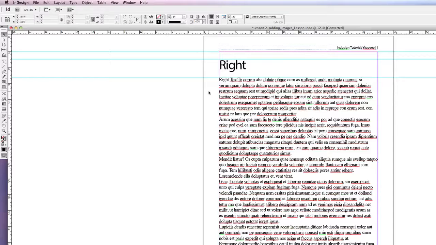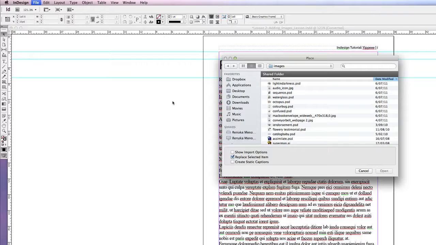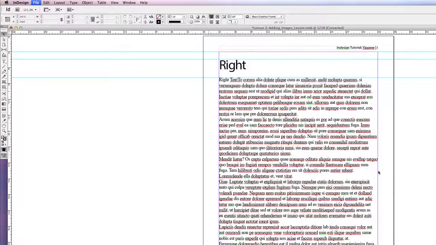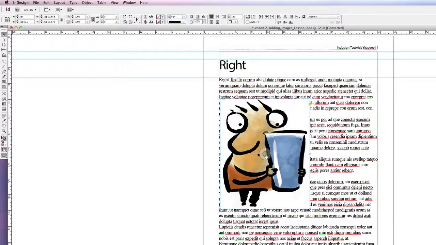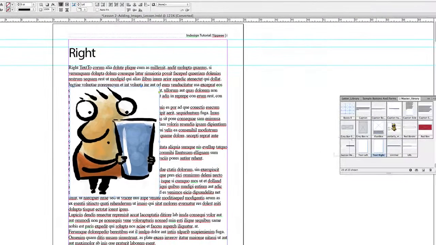So let's do that. Command D, and once we press Command D, it'll go to your image folder. It's gone straight to my image folder, but you'll have to go wherever your image folder is. And you click on the image, and it was perfect, right? But the problem is, supposing you had a box, supposing you had this kind of box,